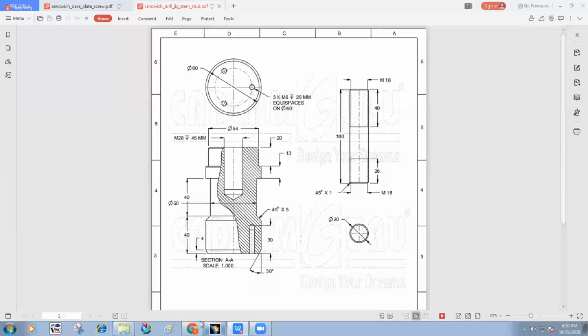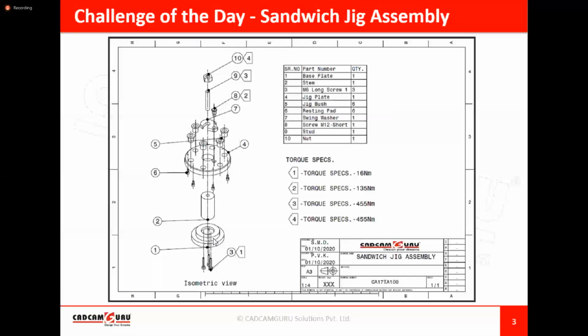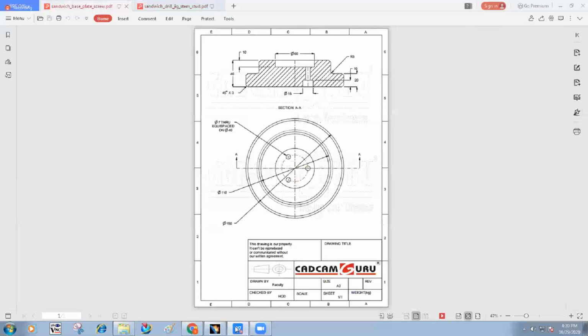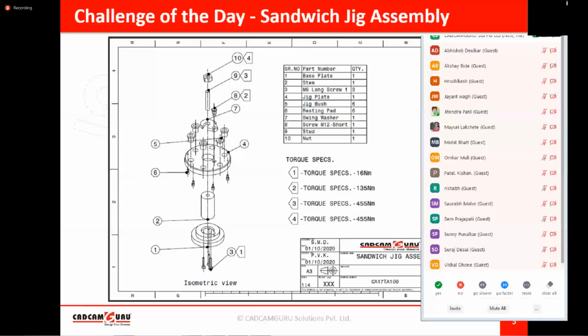If you see this drawing, that is fitted inside this particular base plate. So what is the depth of this base plate? 10. So this second part is fitted inside the diameter of 60, the distance of 10 mm.